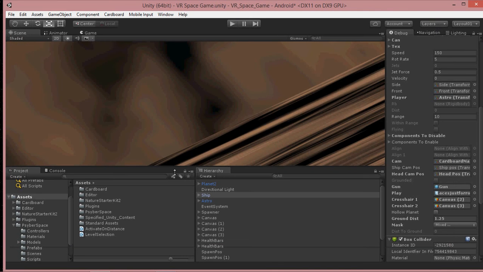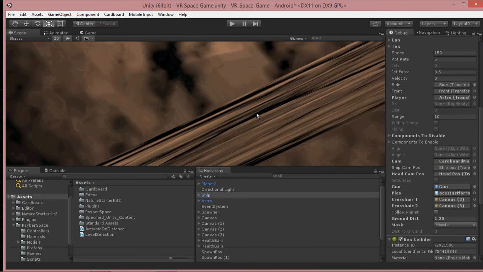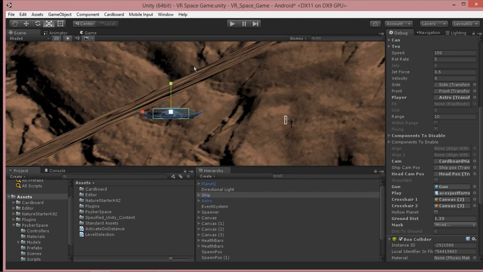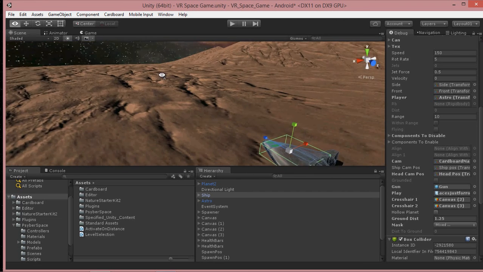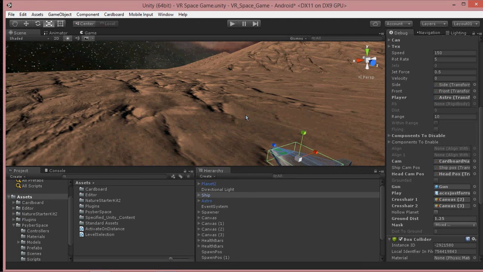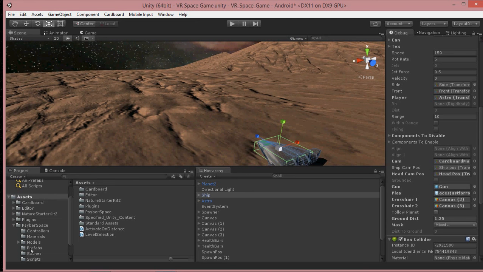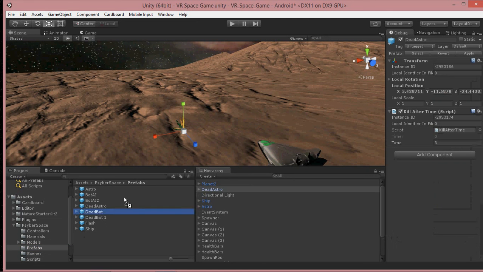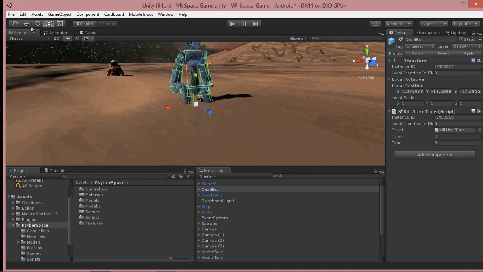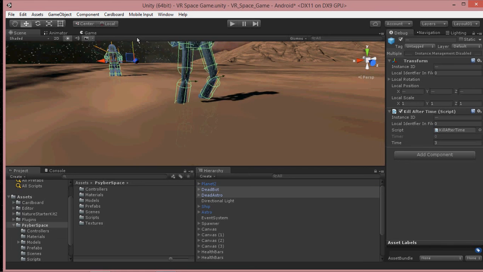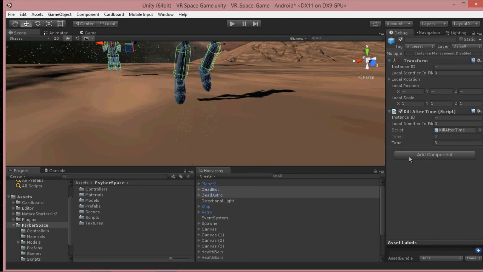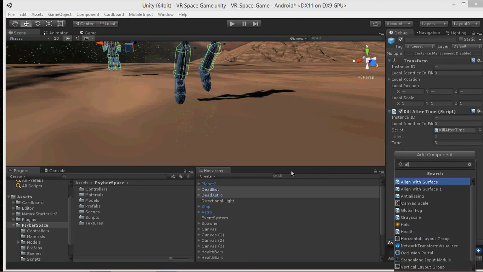Alright, so now that we got that set up, let's work on our enemies. Our enemies' rigid bodies, not his rigid body, his dead objects. So let's go in our prefabs. Let's get the dead astronaut and the dead robot, and let's go in there and look at those up close. I'm going to bring them both up just a little bit. And this part's really simple. All we gotta do is just add the align with surface script,